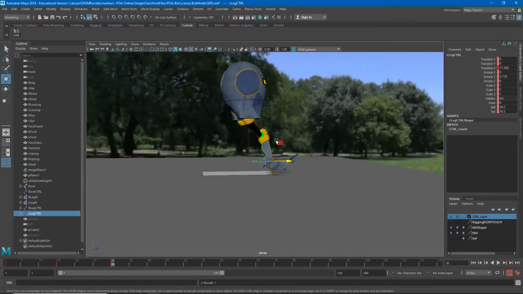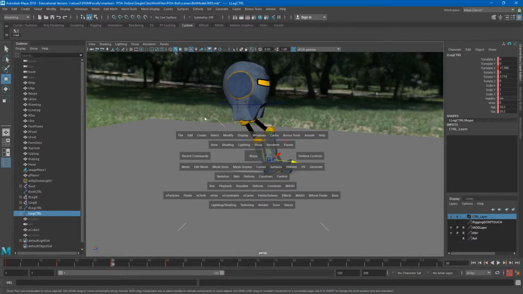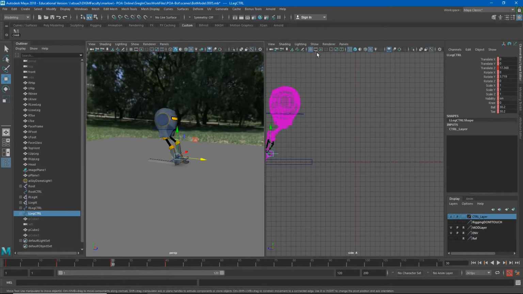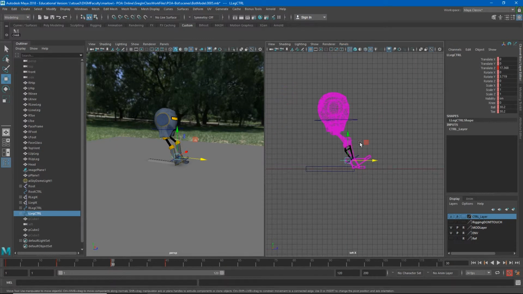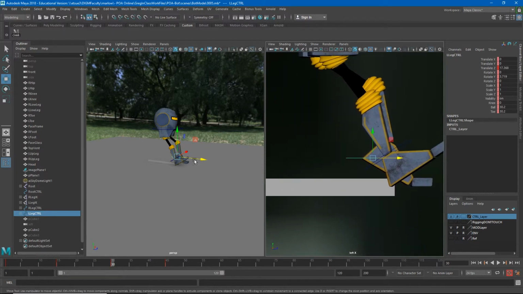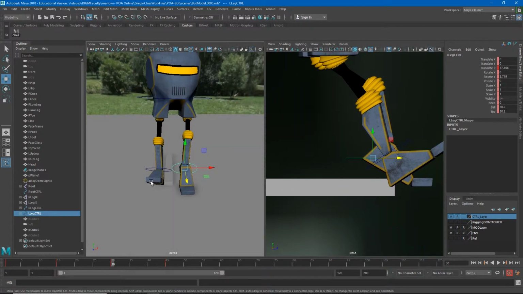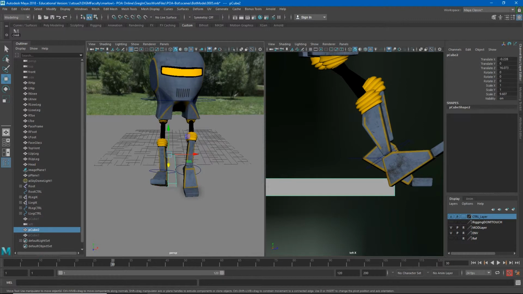And just in my perspective view, I can kind of bounce back and forth. In fact, it may be easier to have 2 layouts side by side. I can have this one be my left view, right, and then this one be my perspective view. So now I can sort of tumble around and get an idea of this pose. Let's go ahead and 0 that in this direction just so I can see where the,